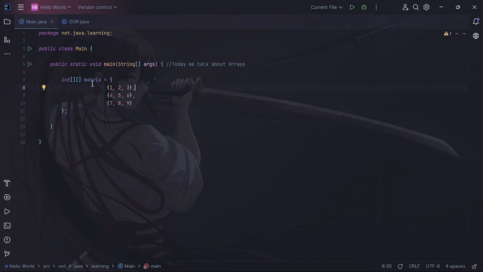So this is a matrix. This is what a matrix would look like. You'd have 1, 2, 3, 4, 5, 6. Now you would have to get the row and the column. So how you would get values from this is you would say, let's print out matrix, and